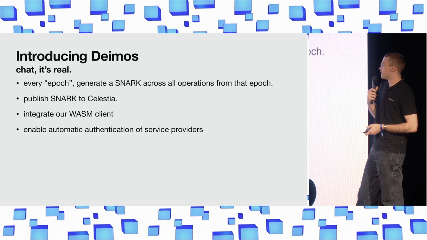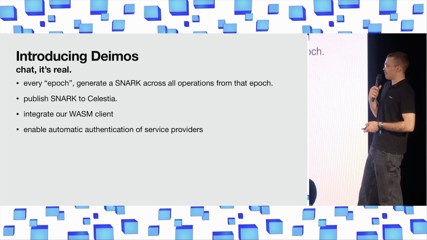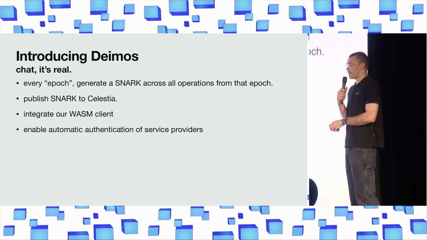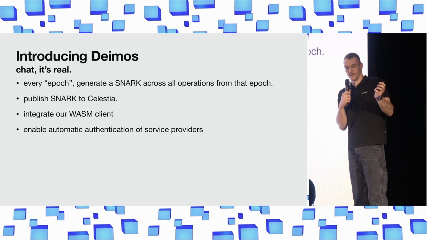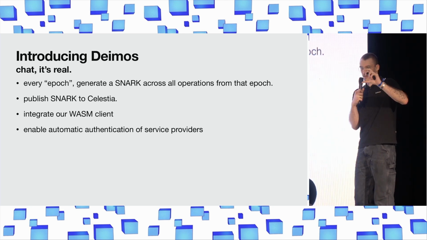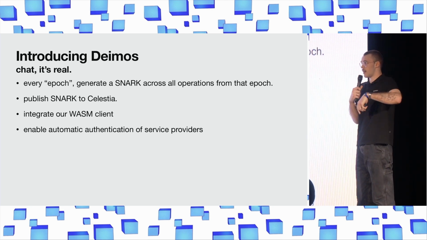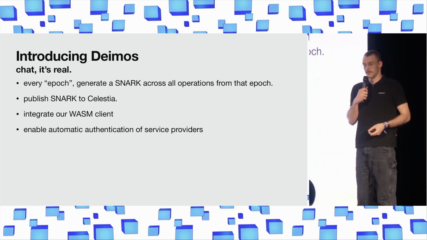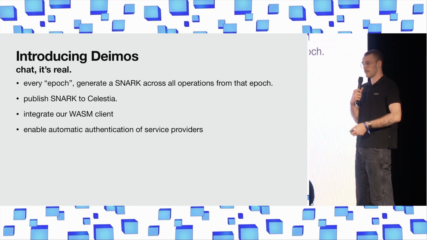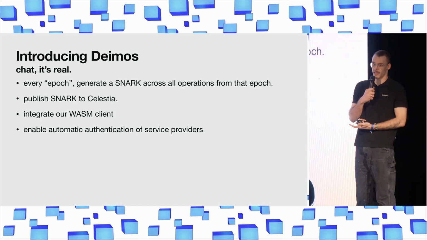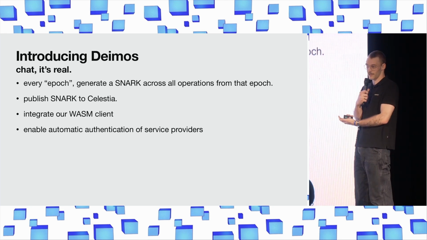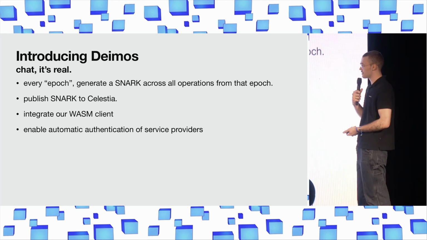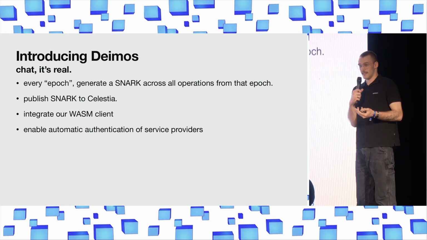So the good news is that it's real. So this is how we solve it. Every epoch, which is like a block for us, like a minute or so, you generate a SNARK over all of the operations that were done in that epoch time. So instead of tens of thousands of Merkle proofs, you have one succinct proof that's very small. We don't really care about the ZK property here. I mean, you can use it for other things. If you're interested, you can talk to me afterwards. But the main point here is that you have a really succinct proof.